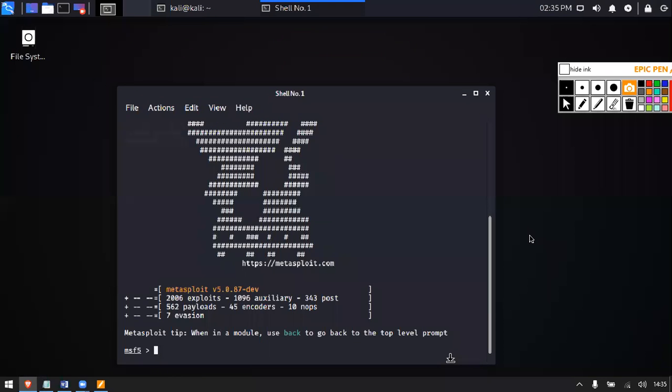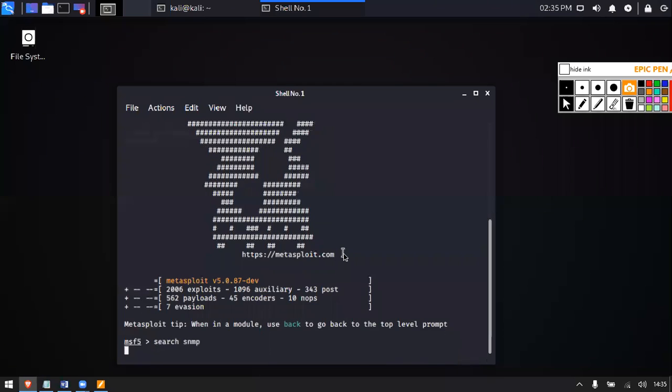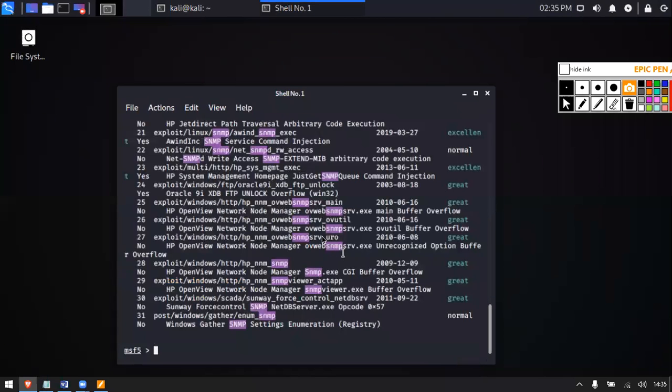Our Metasploit framework is loaded completely, and if you don't know the command for searching an SNMP enumeration attack or auxiliary module, just type search snmp and it will give you all the filtered exploits.